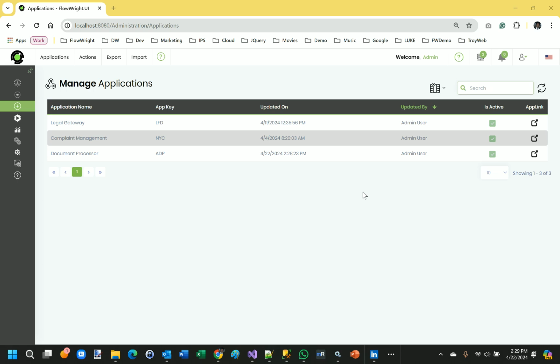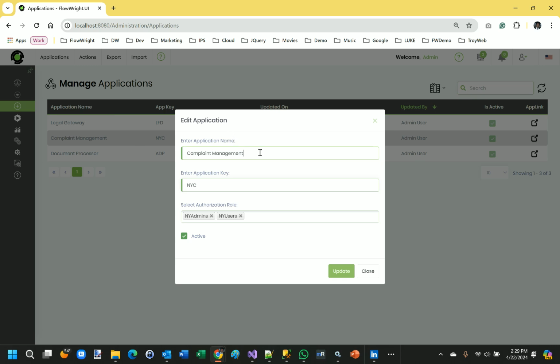Basically, this gives you a very focused user interface for any application where you want users to log in and perform things. So I'm going to demonstrate one of the simple applications we built here, and one of them is called complaint management. And if I go into this and edit this,